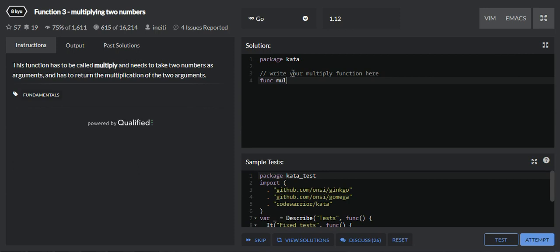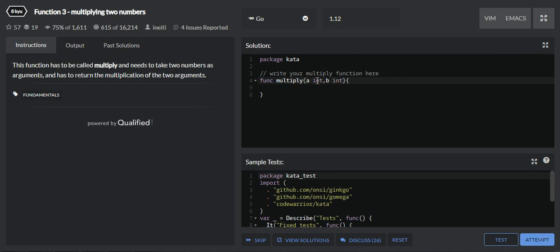So I'm going to give here the function as multiply, and this should take the arguments, these brackets, and here this is the body of the function. Here they have said we need to take two numbers as arguments. There is no mention of what the data type of the numbers should be, but we'll take the data type of the number as int. So I'm taking here two numbers, a int and b as int.